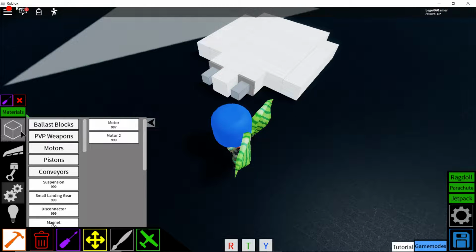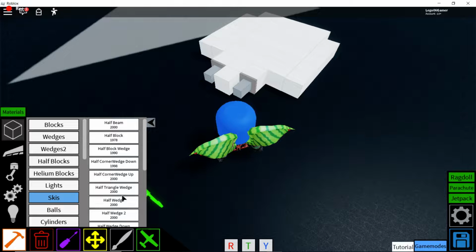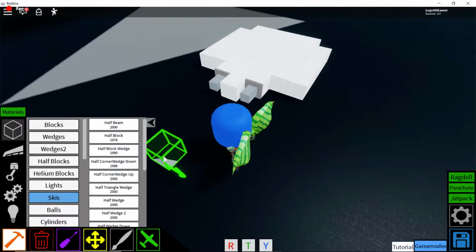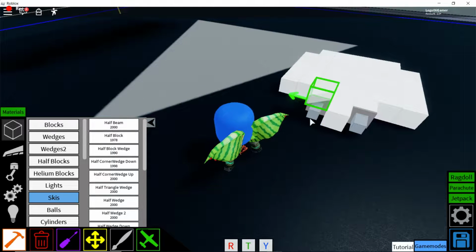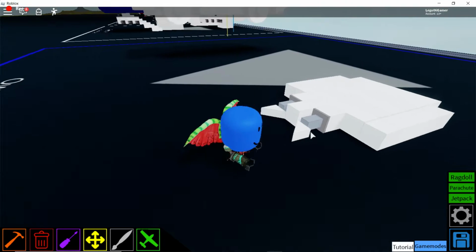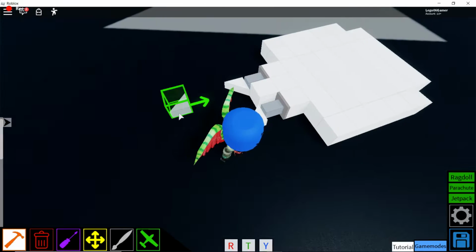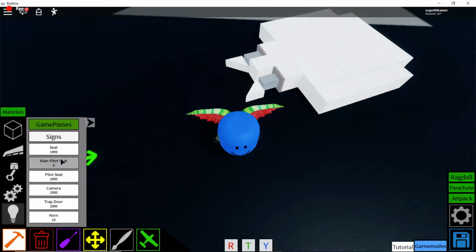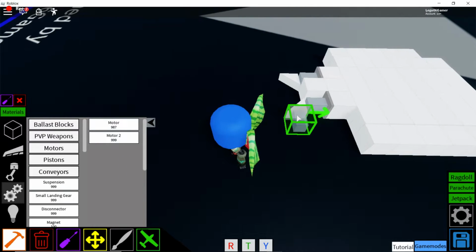and then we're going to go into the half blocks menu, and if I can figure out where it is, I believe it's the half block wedge. Yep, you're gonna angle it down where it's on the bottom half. You're gonna have the one side of the triangle facing off to the corresponding direction like this. When you do that, you're going to get another set of motors on the end of them,